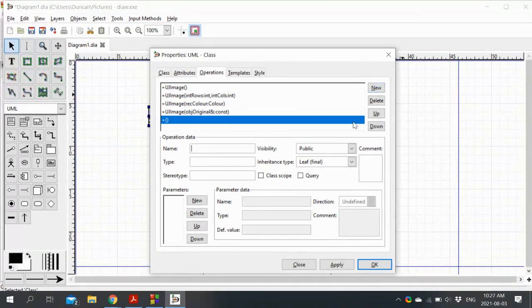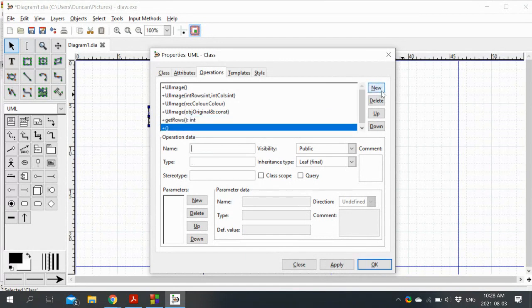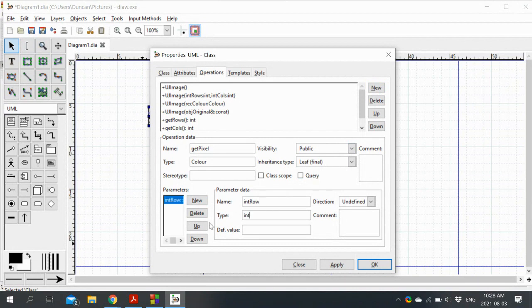now then we've got our accessors. So we've got get rows, int, get columns of type int, get pixel, color, which will take in a row of type int and a column of type int.